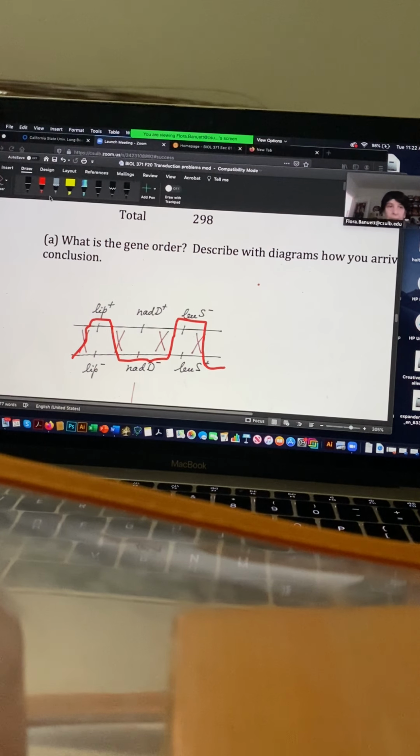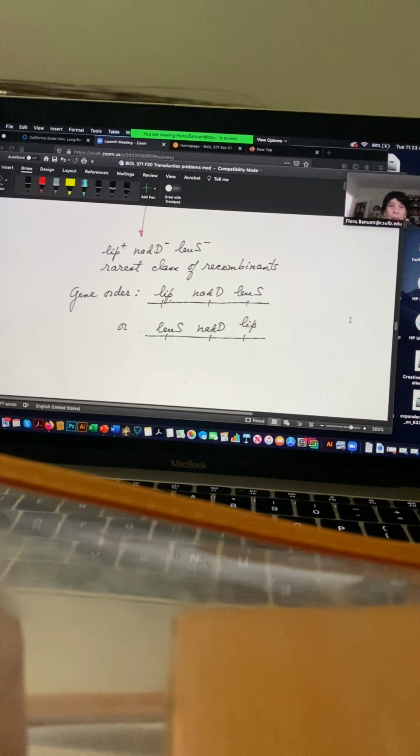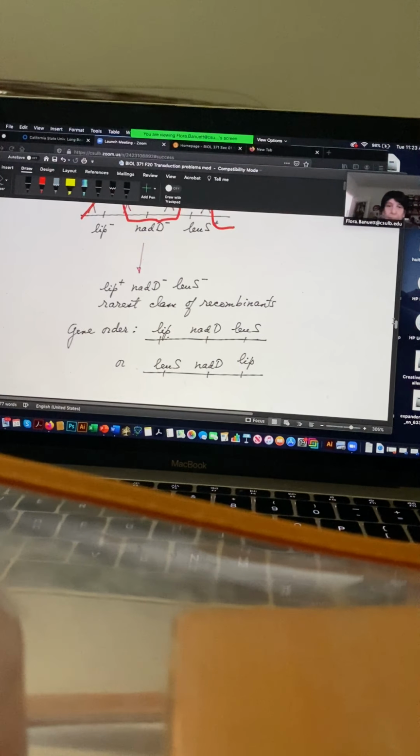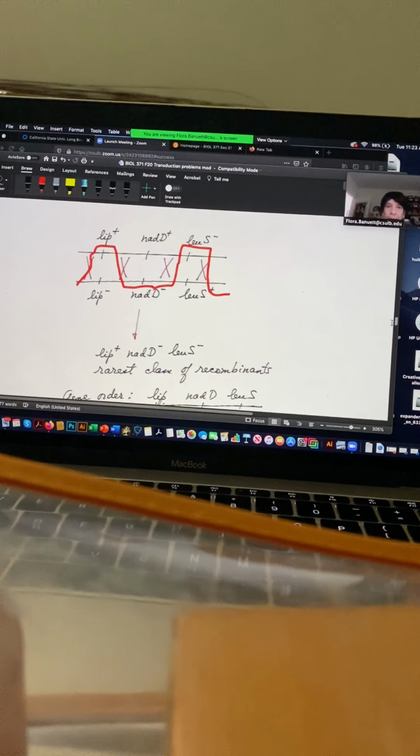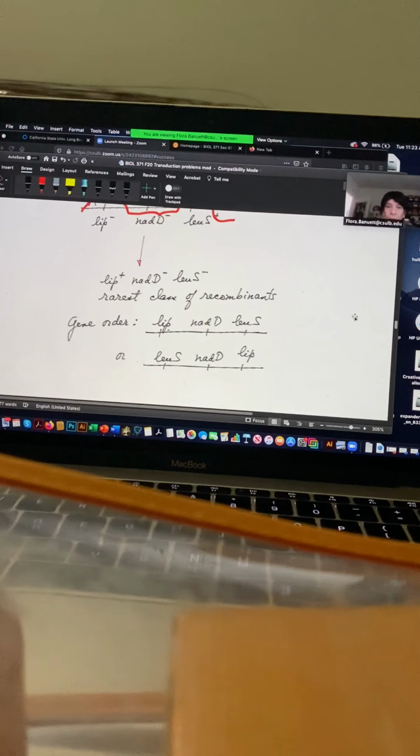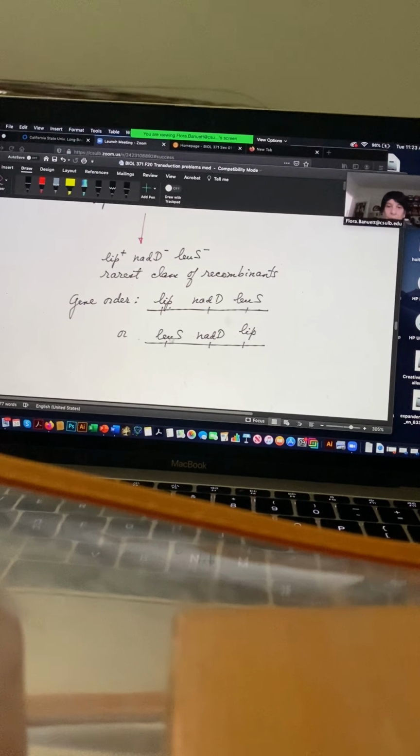So if I have lip, so lip, oops, let me do it here. Oh, and I wanted to point out too that I said the order is lip, nad, lu, but it's the same as lu, nad, lip, because you don't know what is next here, to the right and to the left. So either one is fine. Okay, so